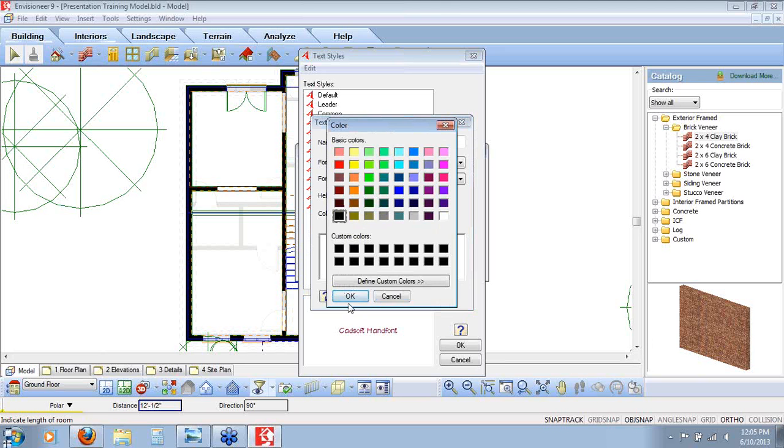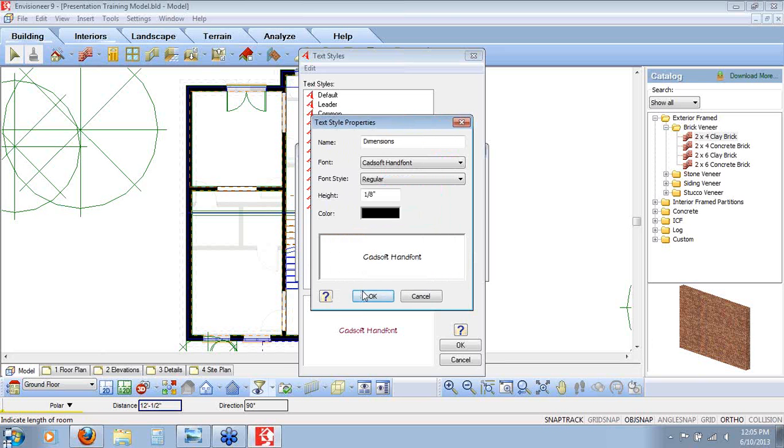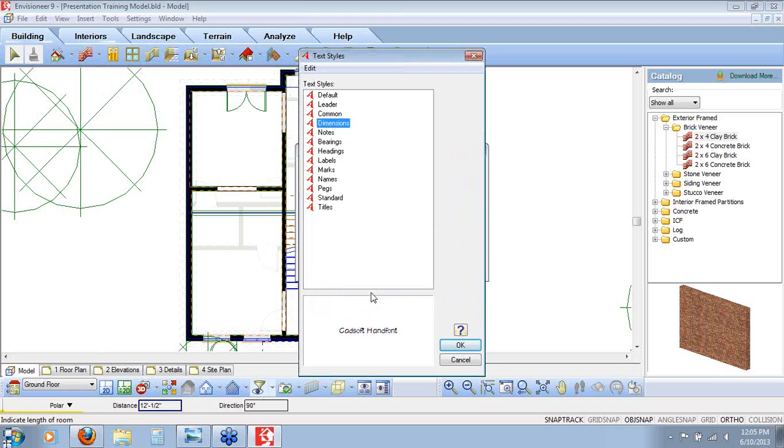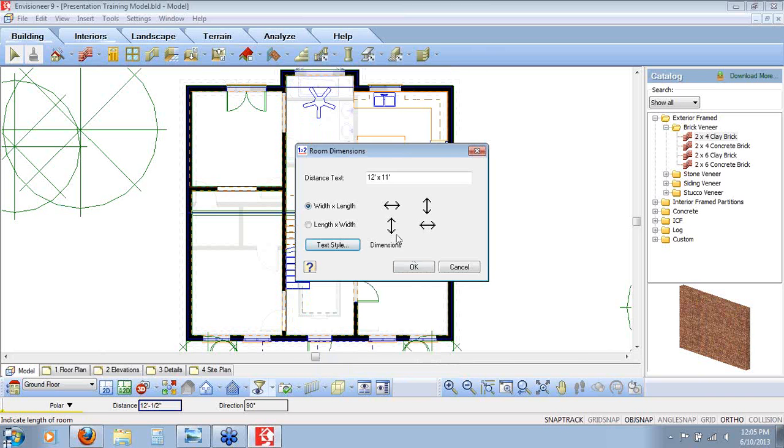So I can even click on that red color and tell it that I want it to be just black and click OK. So I've updated that text style. It's still an 1/8 of an inch tall. It's still our hand font, but the color has been changed. And then I click OK, and it'll now use that new updated dimensions text style when it goes to label